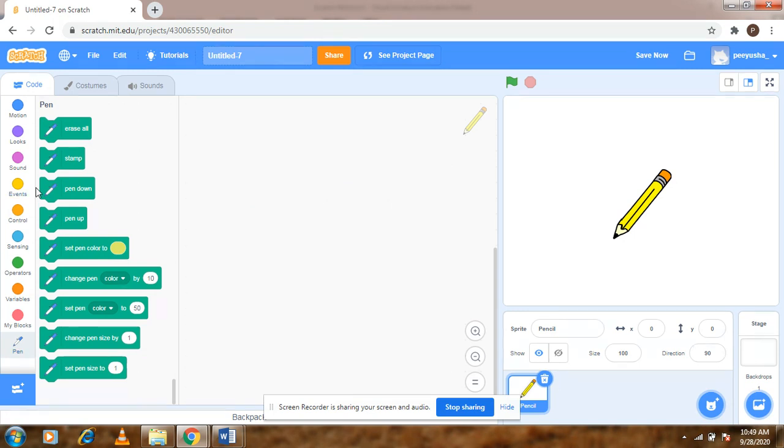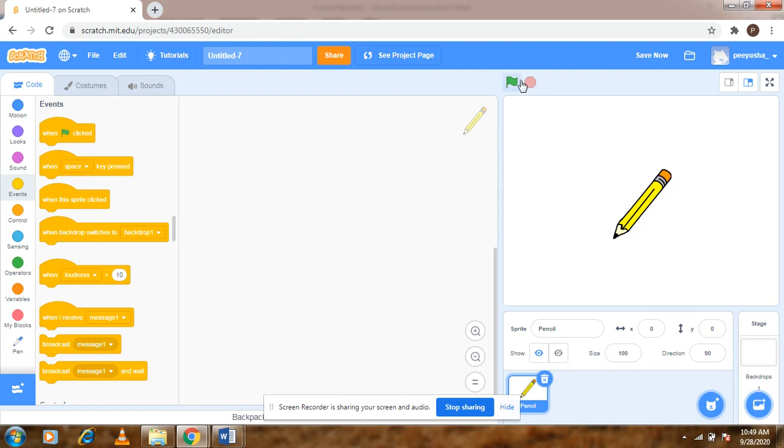Now let's start coding, and as always, the first and the most important code block is our event code block, for this green button on the right to act as a trigger to start running the program. So let's go ahead and drag the first code block, that is the when flag clicked, an event code block. Now our goal first of all is to make a triangle and then later make a number of them and position them in a way that they look like a circular design.